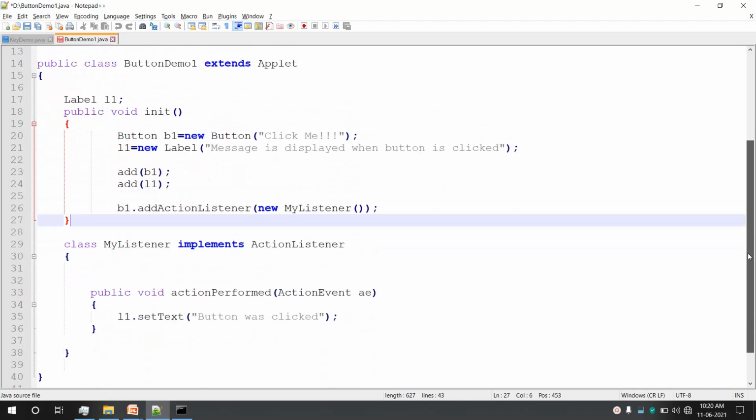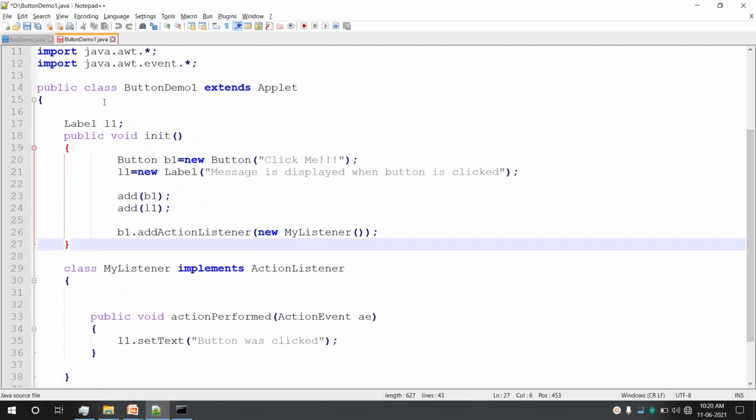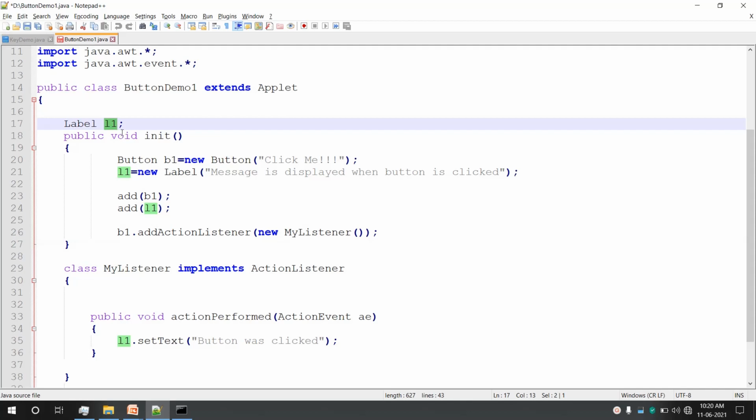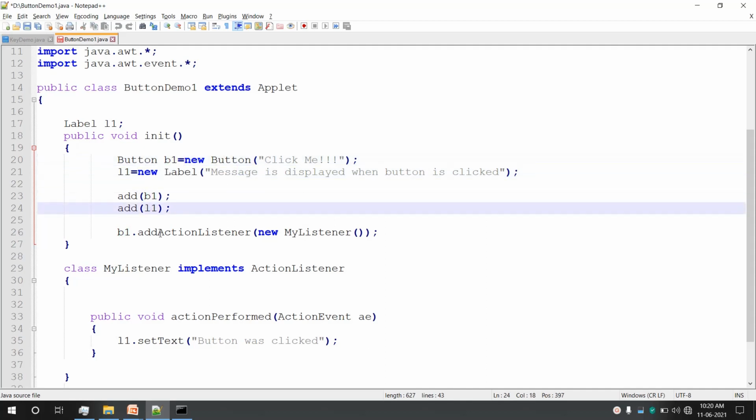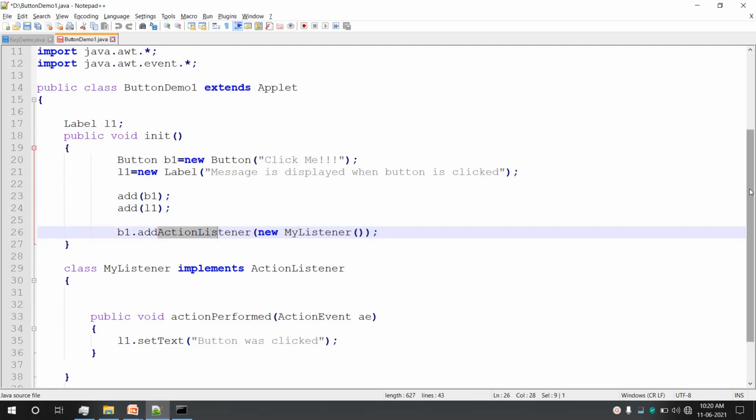And in this program, as you can see, we have a label declared here. Label is instantiated here. Button is created, button b1. Button has been added, label has been added, the listener has been set or registered.